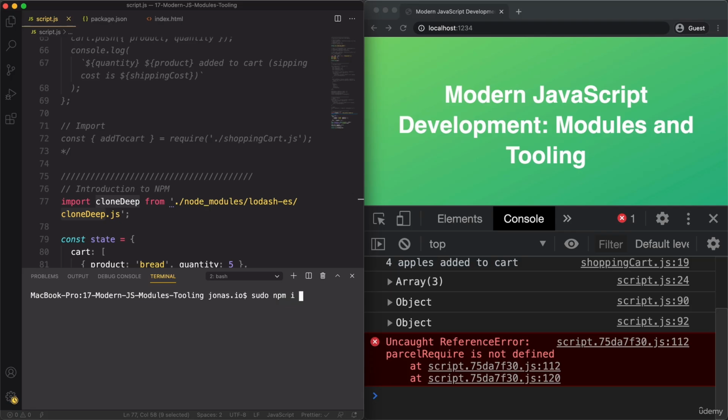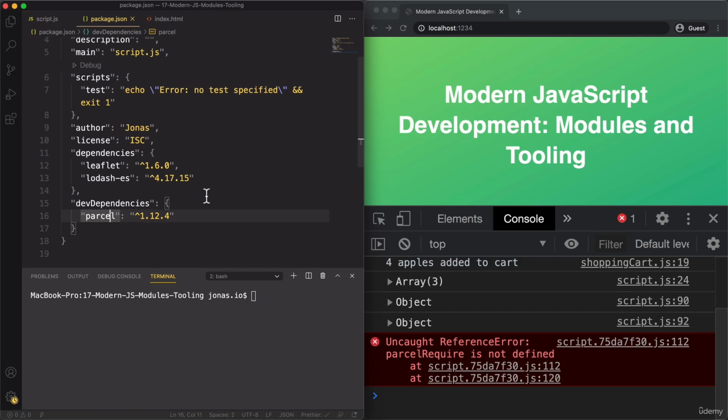So npm install Parcel. This will then ask you for your password, and then hopefully that's going to work. Now, if that doesn't fix it, then you have to install exactly the same version as I am using here. So we can read that in our package.json file. And so here you see that I'm using version